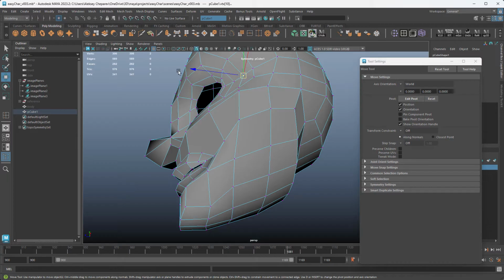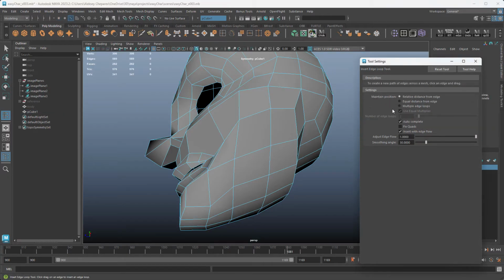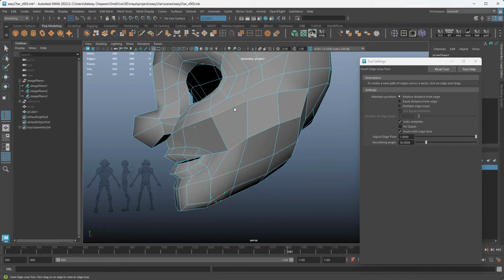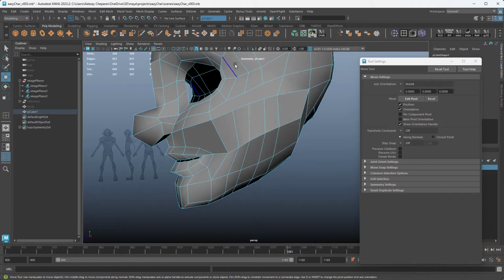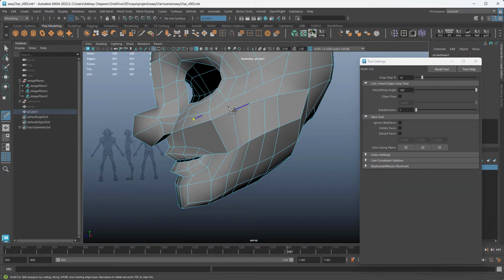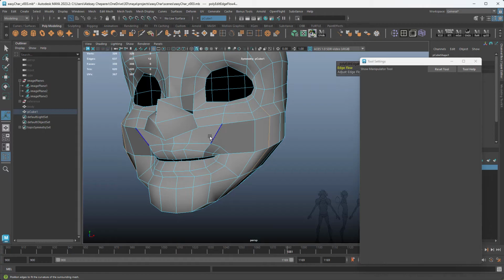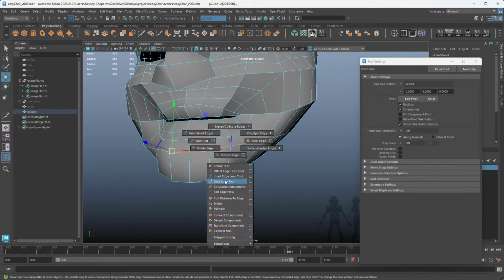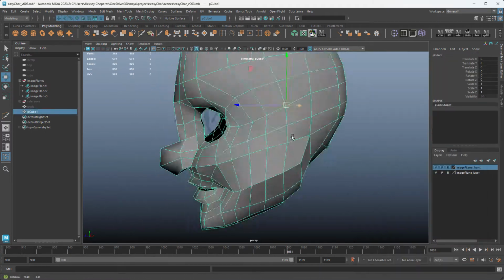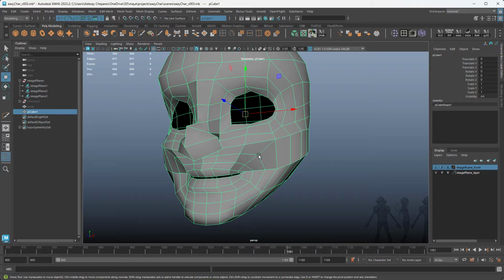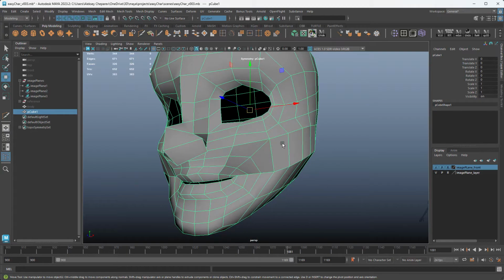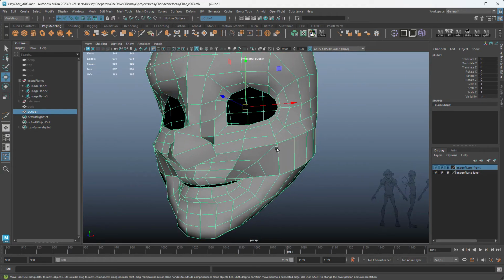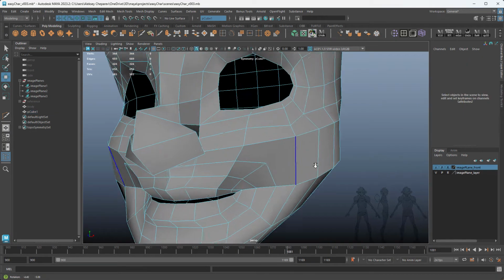So what I'm going to do is go in here, insert edge loop tool. I'm going to add a loop here. I'm going to add one here as well, and then move this one over like that. Delete, and then we can connect. I want to move this vertex here so that I can square this out, because this is going to cause issues. If I get rid of this edge,